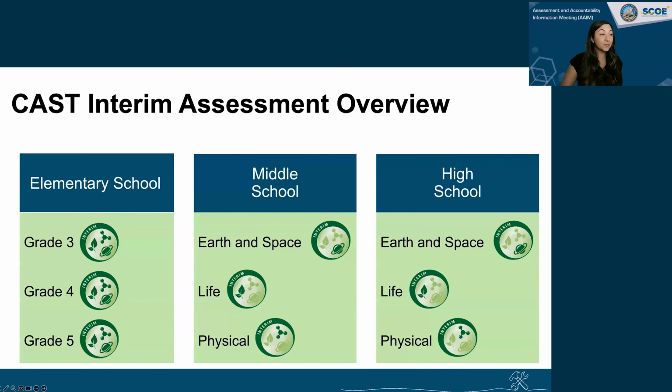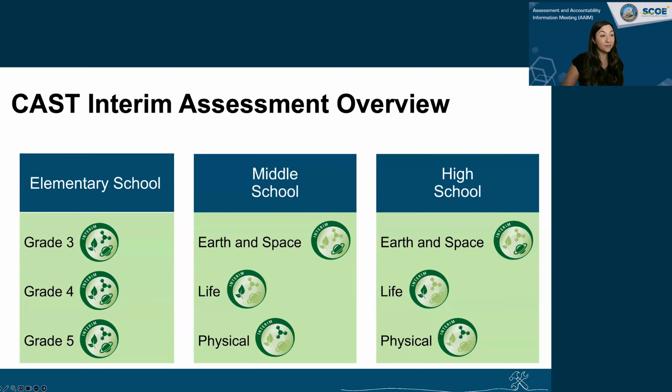Now, switching from the Smarter Balanced interim assessments to the CAASPP interim assessments, there continues to be 18 CAASPP interim assessment forms to choose from. There are 2 forms for each of grades 3, 4, and 5, 6 forms for middle school, and 6 forms for high school.